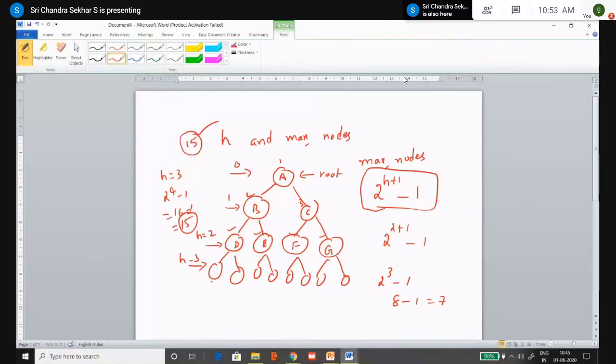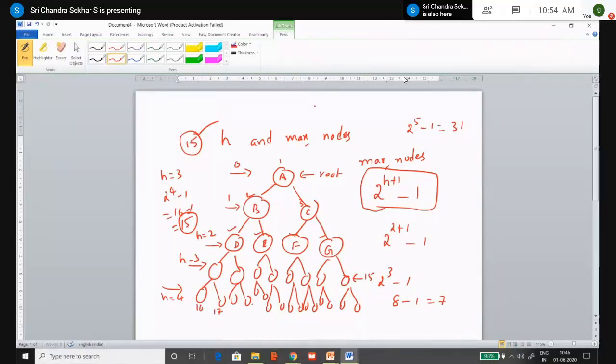If you go one more level, it's not a problem, right? Let me check, where height is equal to 4. And this is having 2 children, this is having 2 children, like that, 2, 2, 2. Up to this level, we have 15 nodes, right? So let me include this in the formula. 2 power 4 plus 1, that is 2 power 5. 2 power 5 is 32. 32 minus 1, that is 31, right? Let me check. Up to here, we have 15, right? And this is 16, 17, 18, 19, 20, 21, 22, 23, 24, 25, 26, 27, 28, 29, 30, 31, right?